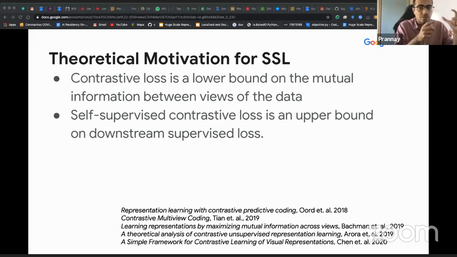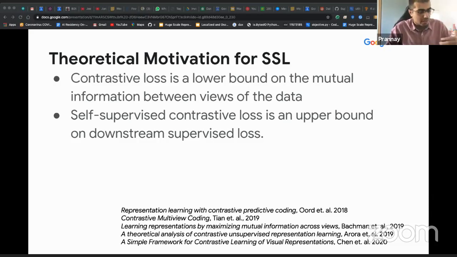And note that these two views are actually created arbitrarily by you. You are either doing color transforms or you're doing data augmentation or something like that. And you can do a lot of other things. Like for example, in videos, you could actually take different frames, right? So just having two views on the data, and actually maximizing the mutual information between them, and you have a lower bound for that. So you have the contrastive loss that can be optimized, right? And